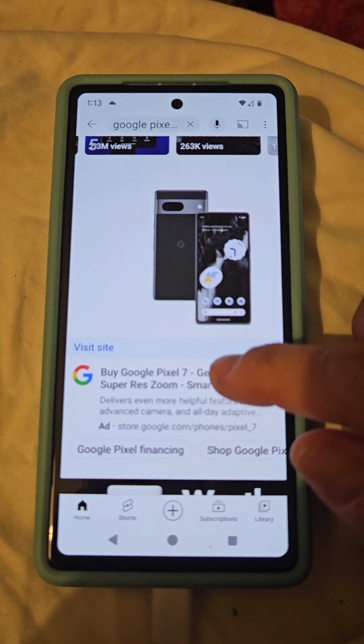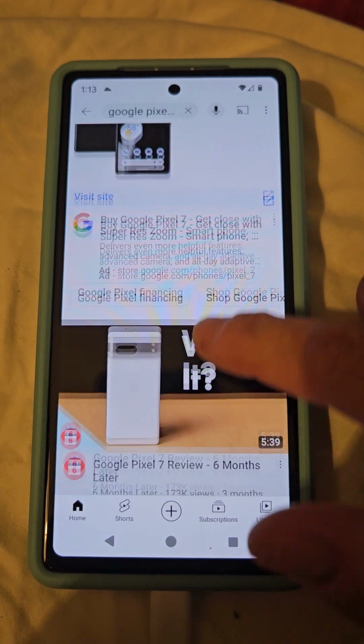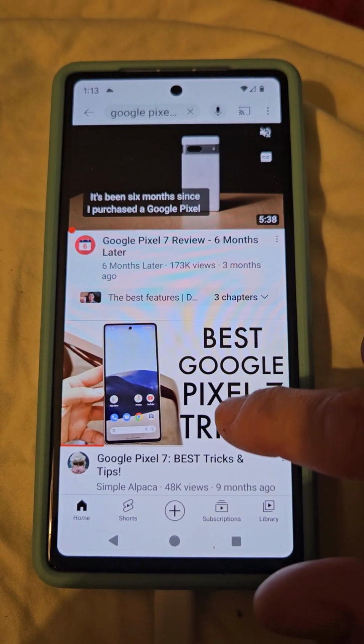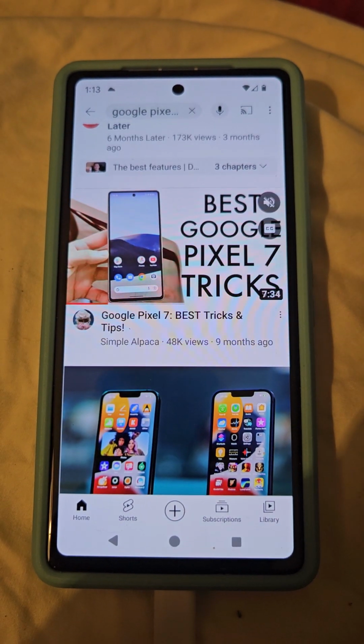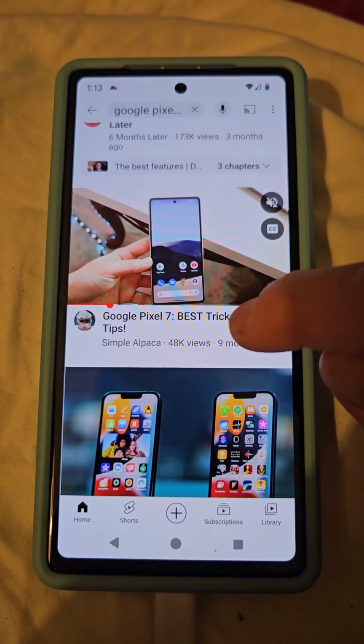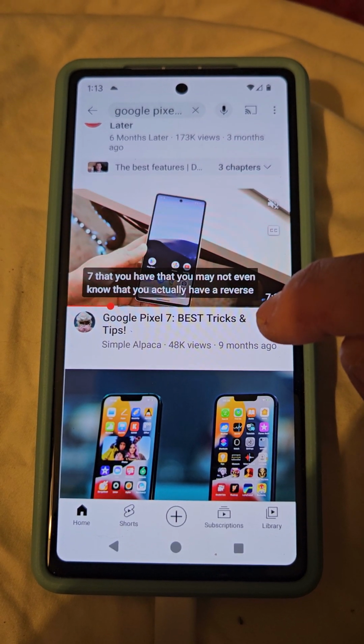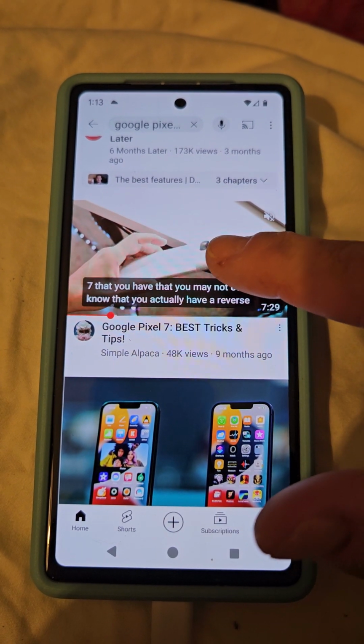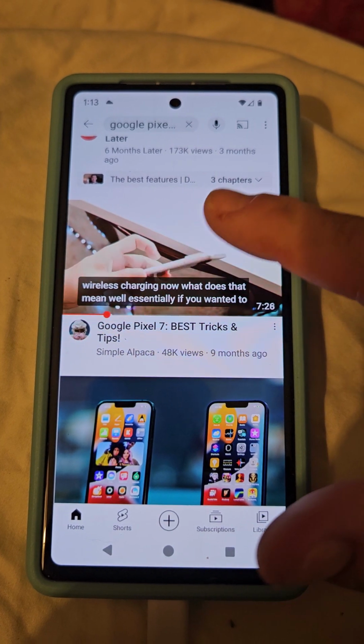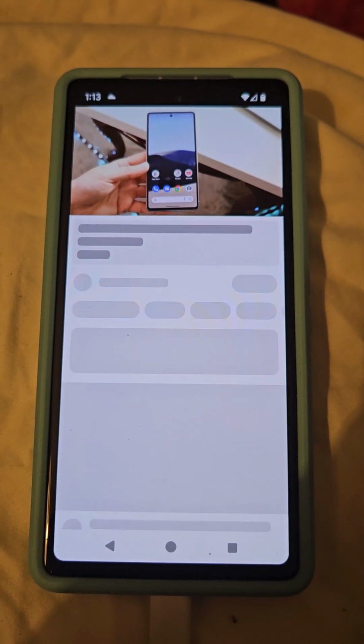And scroll down some more. Just some reviews on it. Now, if you look at this one, is best tricks and tips. Okay, well, that sounds like something that would be helpful. So if you click on that,